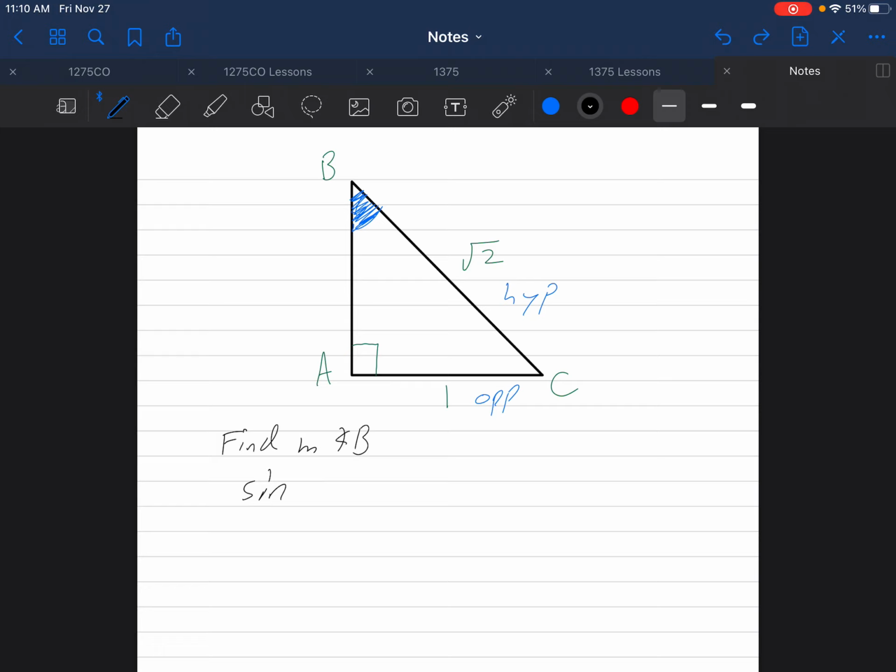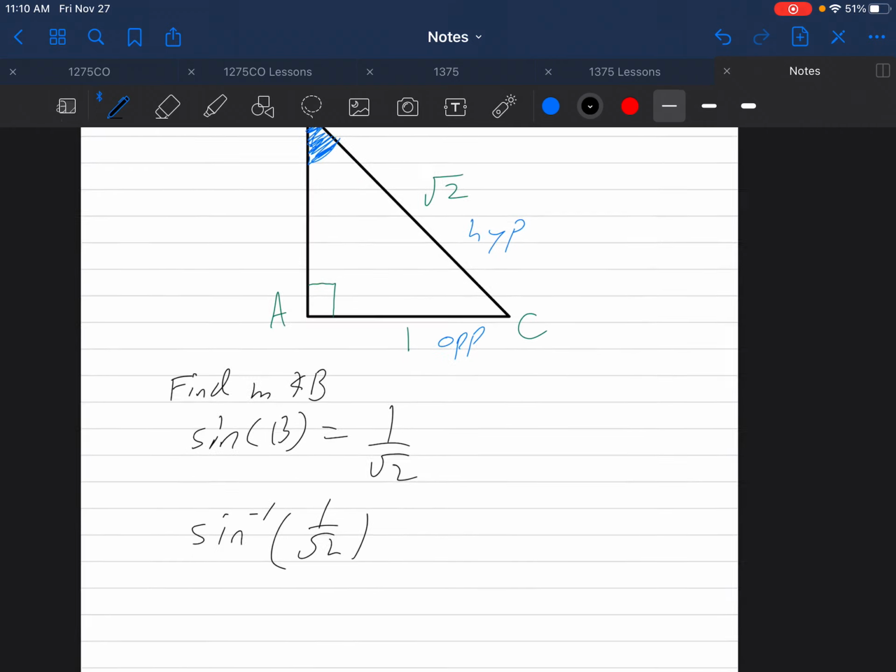Because the sine of angle B is equal to opposite over hypotenuse, 1 over radical 2,